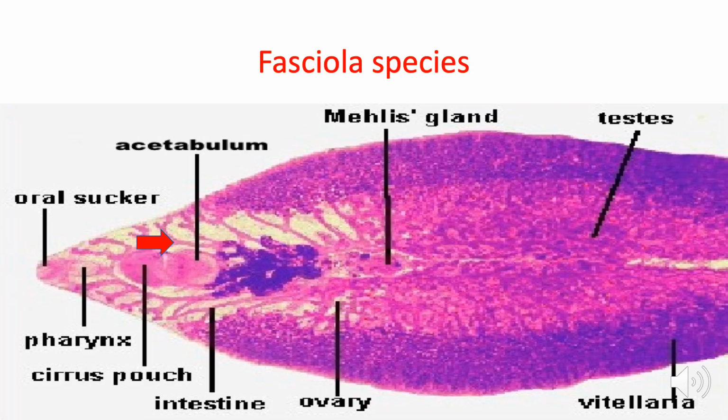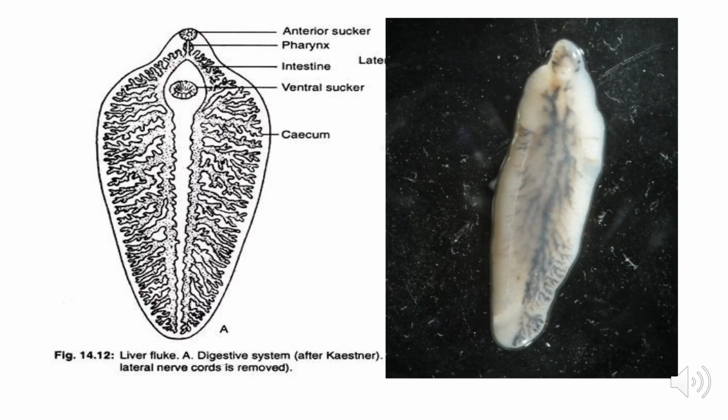So let's review. All have two types of suckers, the oral and ventral, except for heterophyes because heterophyes has an extra type of sucker, and that's the genital sucker. All have simple or unbranched intestine except for fasciola. These are additional pictures of fasciola worms showing us the branched